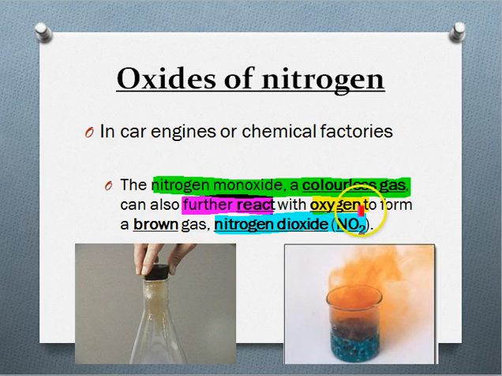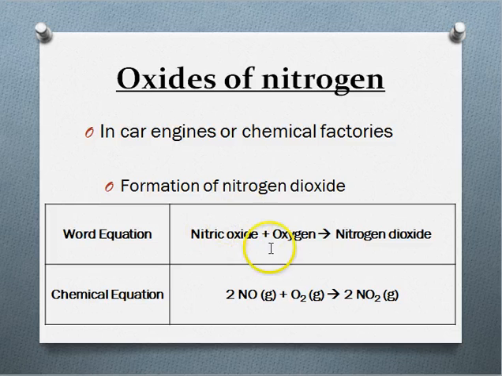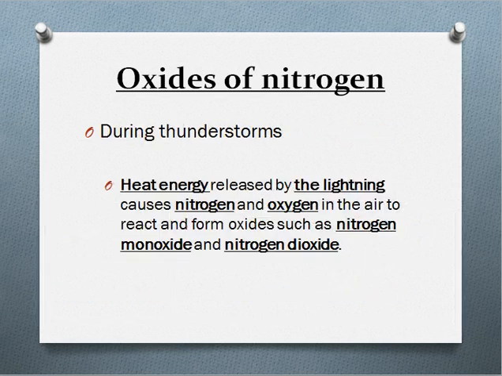Okay, you need more oxygen here. So it's like an add-on reaction to give you nitrogen dioxide. From the equation here, you can see nitric oxide plus oxygen gives you nitrogen dioxide. So think of it: to get nitrogen dioxide, how many steps must I go through? Two steps. First step is to make the nitric oxide, followed by a second step to form my nitrogen dioxide. So do take note of this.